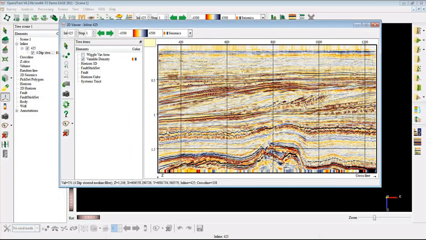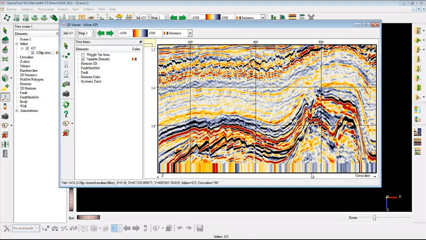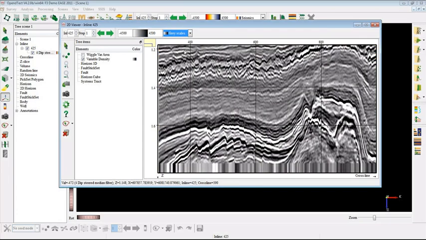So let me just try to track some fault and horizon. I zoom that part below where we can clearly see the faults. Let me show, another time, a color bar, which will be a little bit clearer. Okay, grayscale. So if you want to create, for instance, a fault set, right click